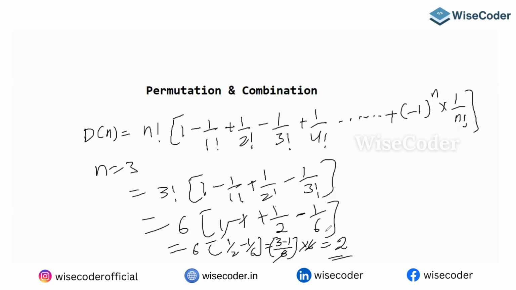This is how you can find derangement. So we have discussed all the varieties of problems. So this is the end of permutation and